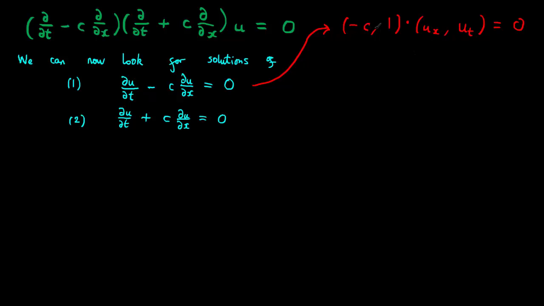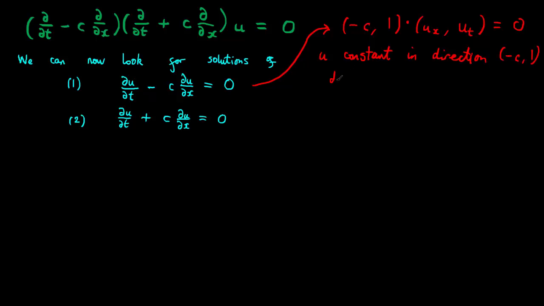And then this is exactly the form that we recognise to be the definition of the directional derivative. So the directional derivative of u in the direction minus c, 1 is equal to 0, and if a derivative is 0 in a direction, then the function must be constant in that direction. So in other words, the function u is constant in the direction minus c, 1,